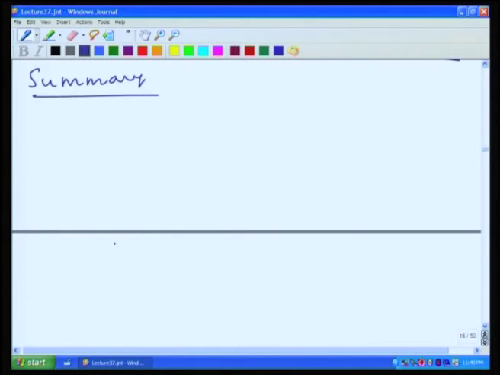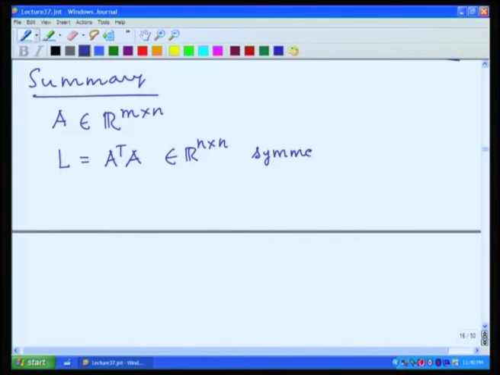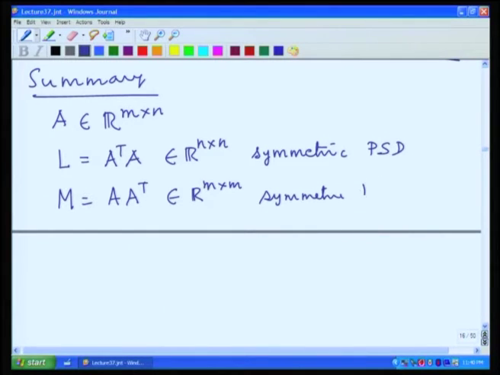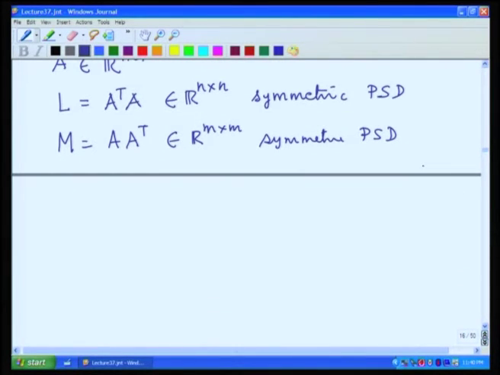So the summary is: A belongs to R m by n. We will repeat the whole structure. We define L to be A transpose A. This belongs to R n by n, and is symmetric. So it is a real symmetric n by n matrix. M is defined to be A A transpose, an m by m matrix, also symmetric, and both are positive semi definite. These yield us the following